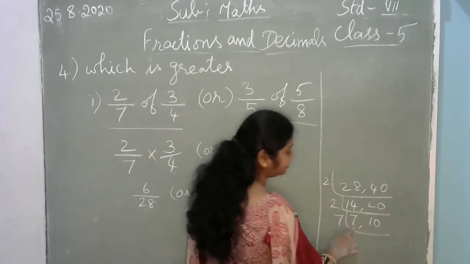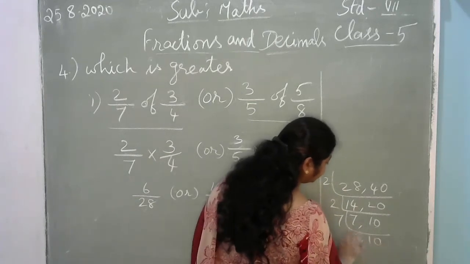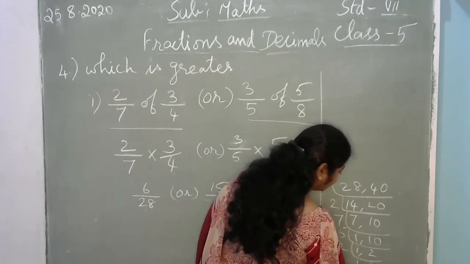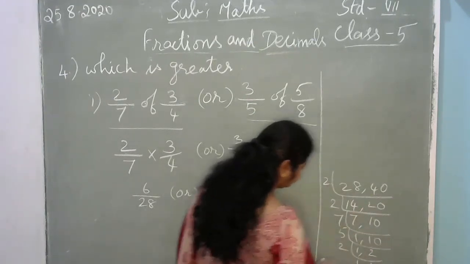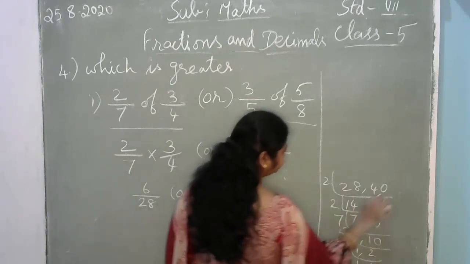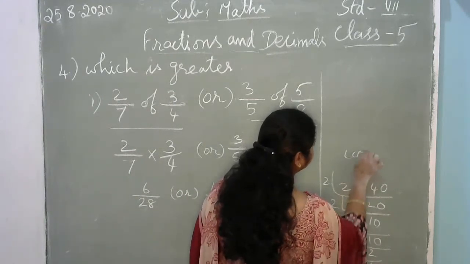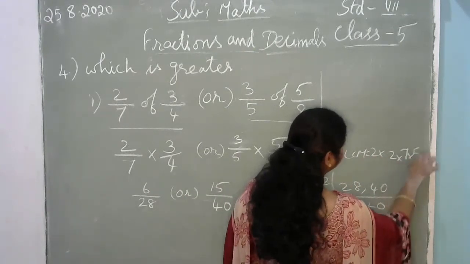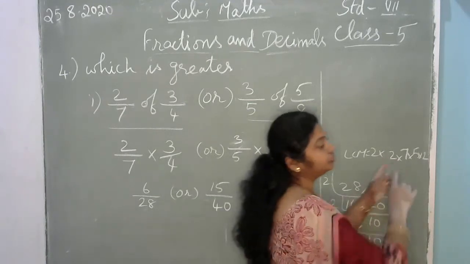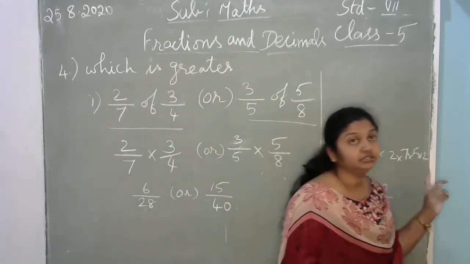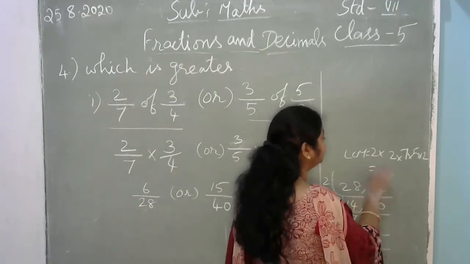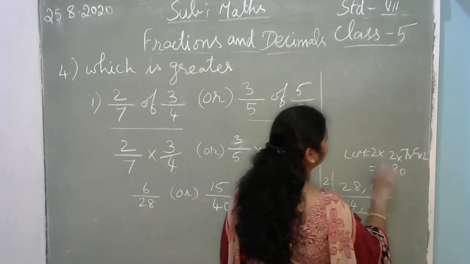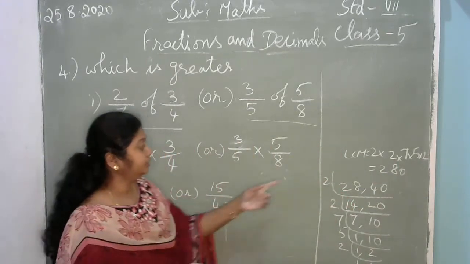And this will go in the 7 table. So 7 and 3, here 10. So 5, 1, 2, and 2, 1, 2. Okay. What is our LCM? Your LCM, I am writing here, is 2 into 7 into 5 into 2. 2 2s are 4. 4 7s are 28. 28 into 2, then into 5, you will get the answer 280. If you multiply all of this, you will get 280. So what is your LCM?